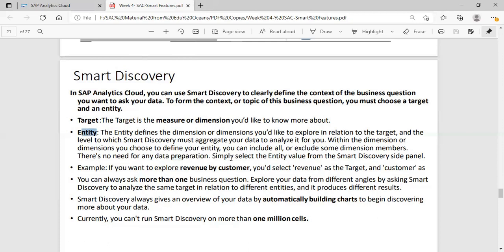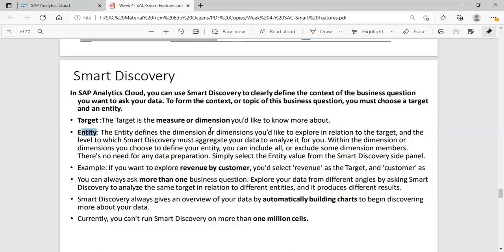Also, the simulation part is there, where you can simulate your data. I will show you how it will work. You will get your things here automatically. You can create n number of smart discoveries according to your data, and explore them from different angles.